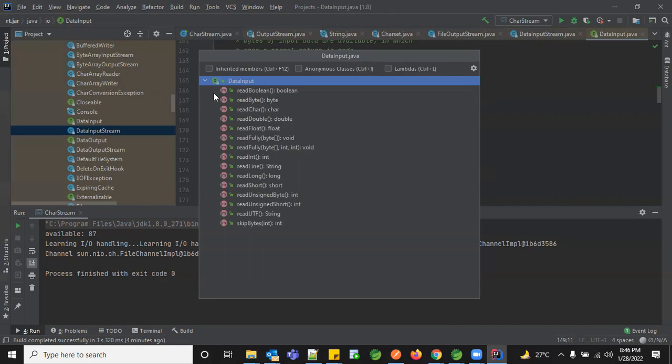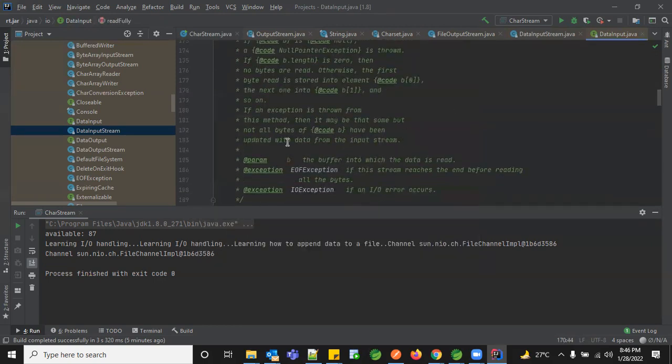Instead of having only the common read method, here you'll have read overloaded methods for those data types, ranging from boolean till unsigned byte. Even for your encoded format data, you can read your data and everything will return the relevant data type information. So that is the reason we go for data input stream. If you're very sure that you're going to read only key value pair information, where this will be this particular data type and this will be that particular data type, then we prefer to go with the data input streams and output streams.